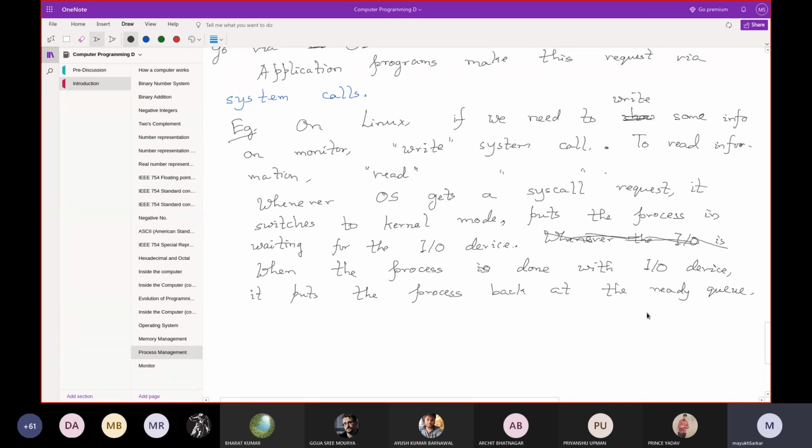Okay. Now, this operation of putting the process back, whatever the kernel is doing in itself, happens in kernel mode.